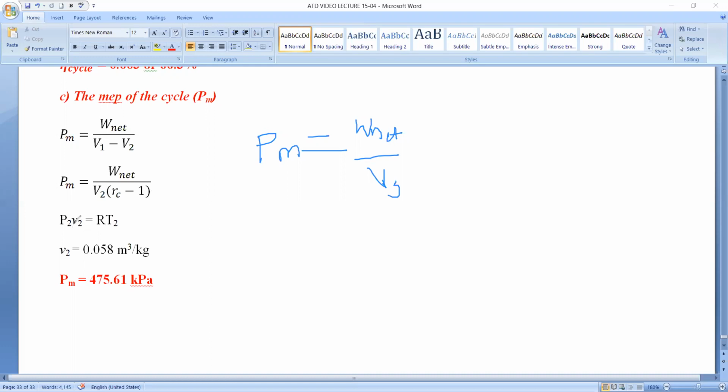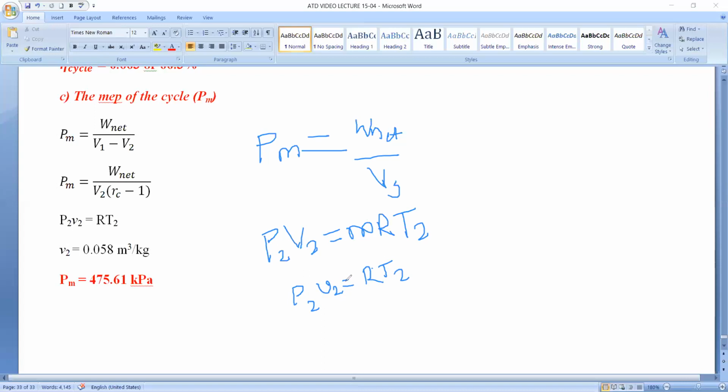Here, let us try to get the value of V2. So for V2, just apply the ideal gas equation for state 2. For state 2, we can write the ideal gas equation as P2V2 equals MRT2. So this is a volume. If you divide this volume by mass, you will get the specific volume. That's why I have written P2 into small v2. Small v2 represents specific volume. Specific volume is an intensive property, which is represented by lowercase letters.